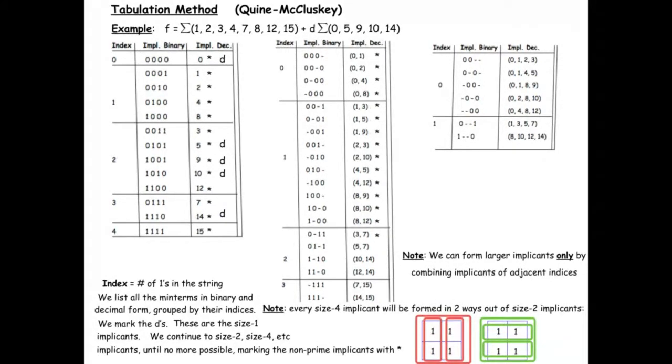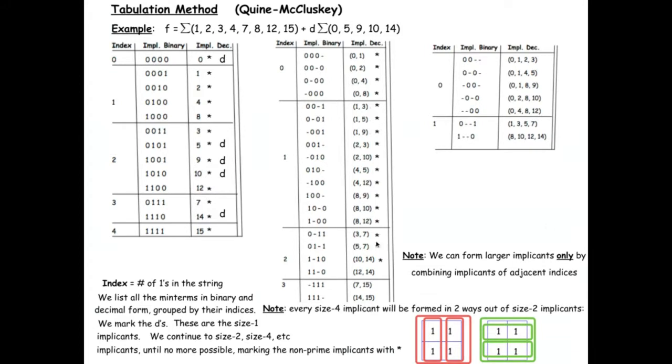It's 1, 5, 3, 7, and then also 1, 3, and 5, 7. I think I should have put those stars in a different order. The 5, 7 should have been first, and then 3, 7, and then